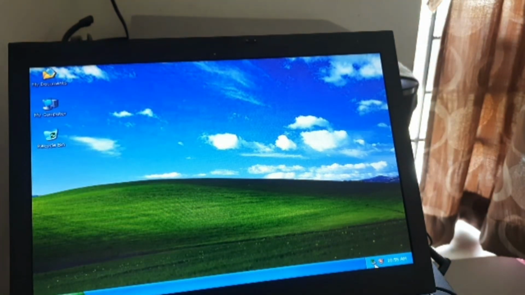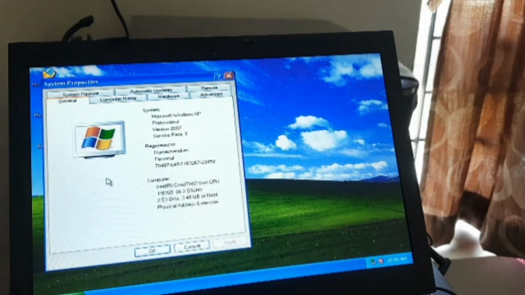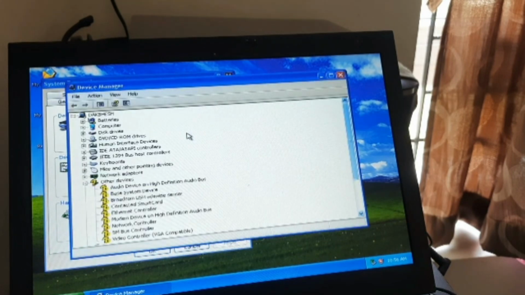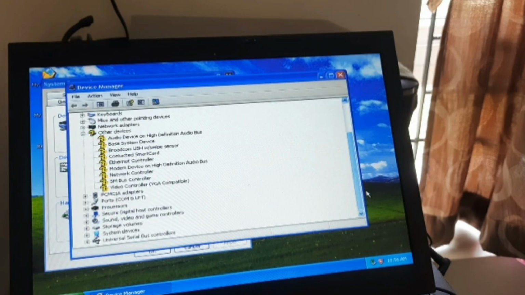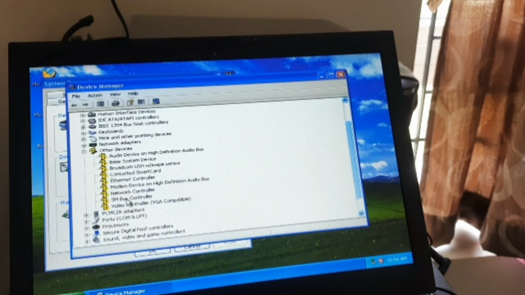Now here, My Computer, click go properties. If you go to properties, click hardware, device manager. Just see how many question marks there are. This yellow question mark means all these drivers you have to install one by one. So what I will do, I will go for the Ethernet controller. No, Ethernet. I go for